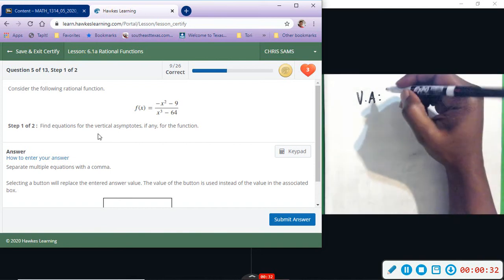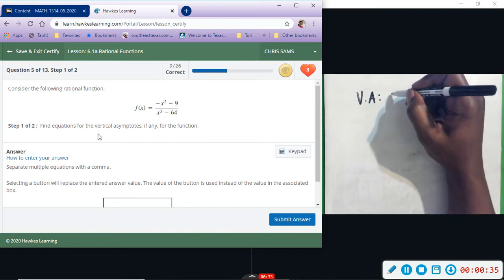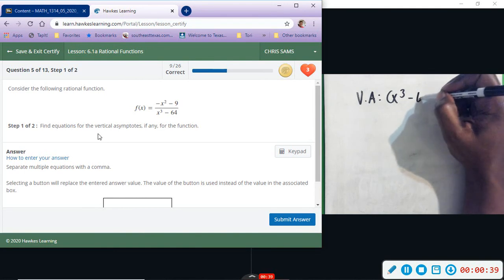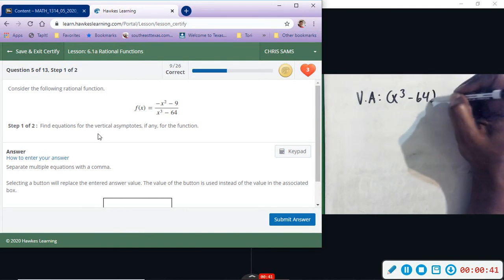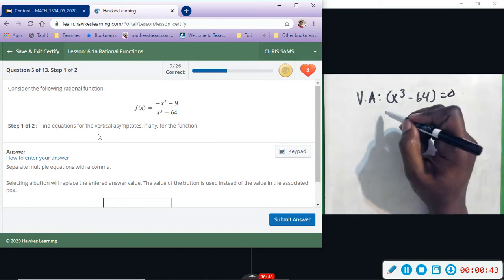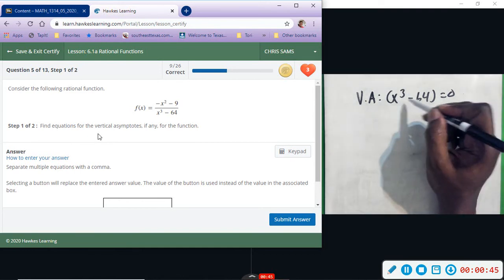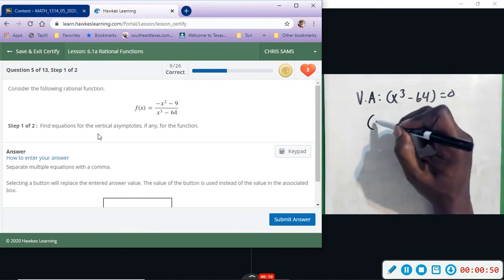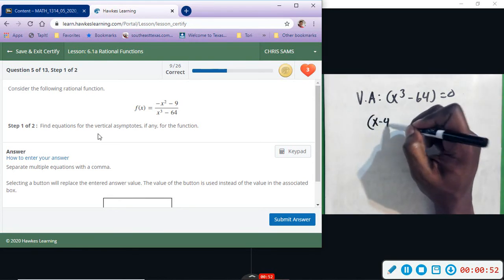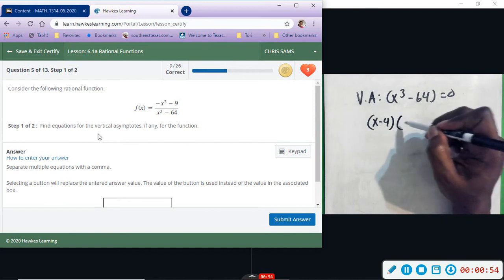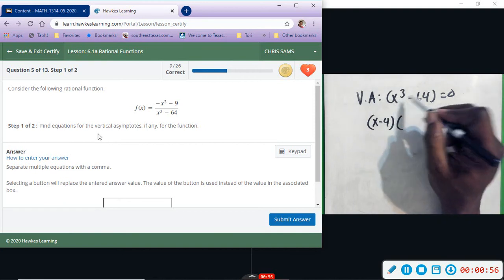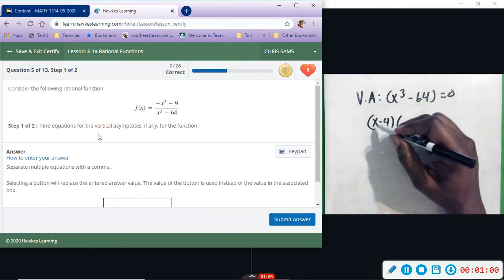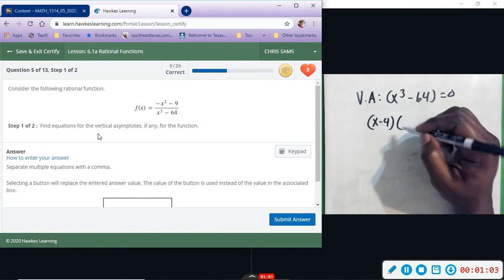So, when we factor this, got to remember that cubic definition. This will factor to be, the cube root of 64 is going to be 4. So this will factor to be x minus 4. And then, you take the cube root of both terms. That's how I got this. And then you leave the same sign. Then you square this term,